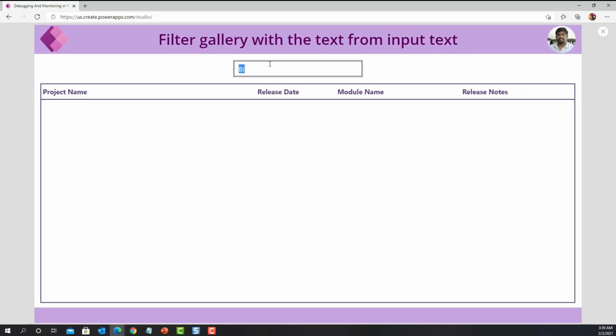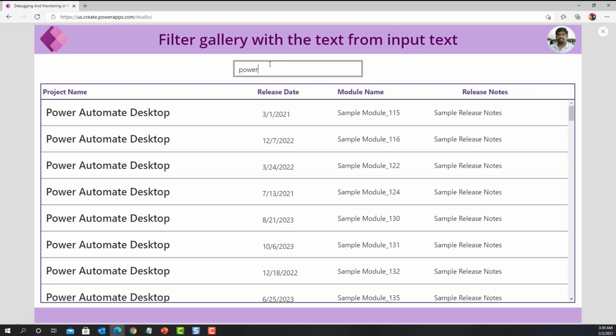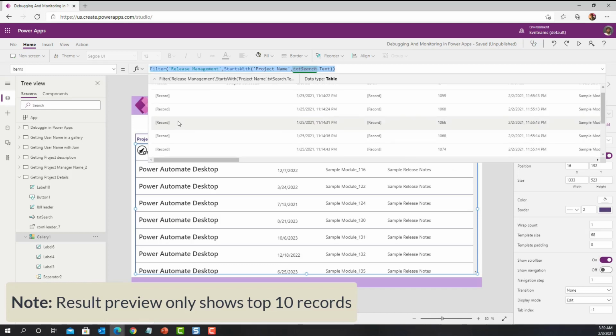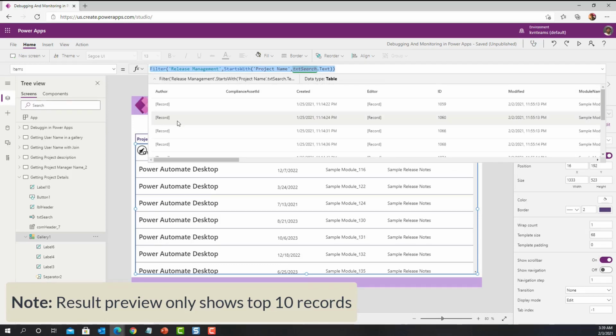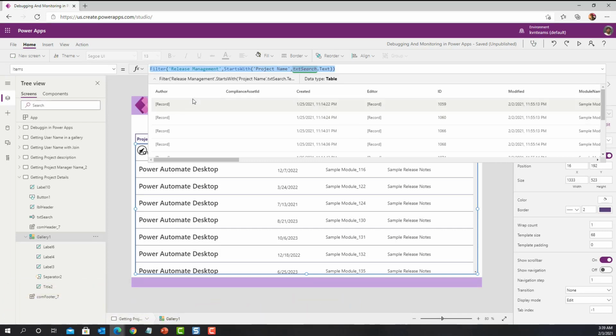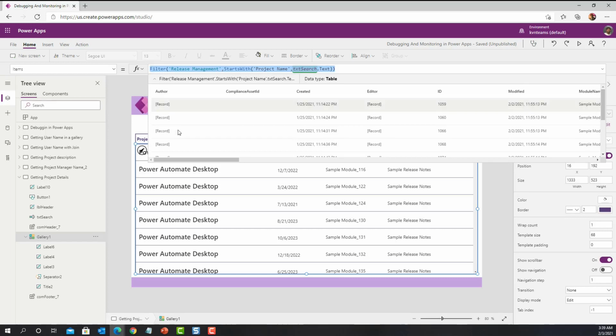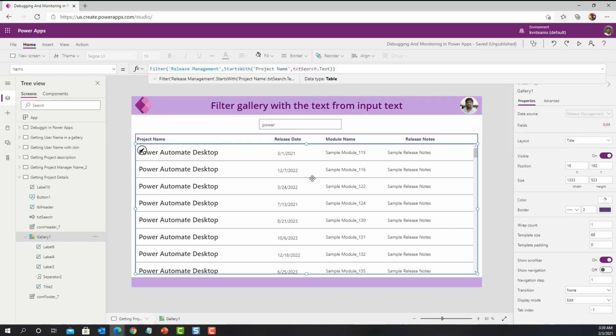Let us see what I get when I say Power, and select the formula again. And if you see here, now I can see the result preview. One quick note here is the result preview will show only top 10 records. So this is how we can quickly validate whether my formula is working or not with the help of result preview. This is one way of debugging whether my app is working as per the expectation or not.